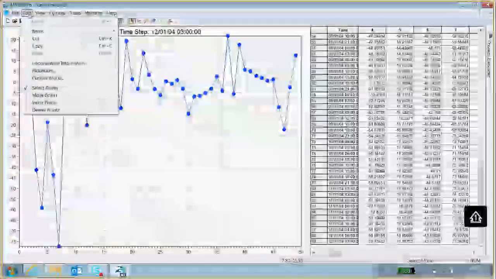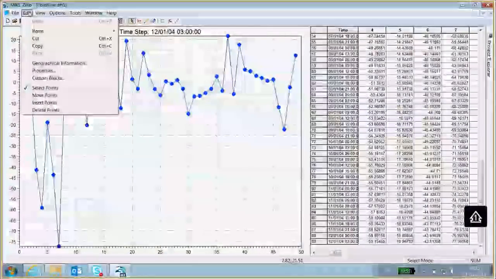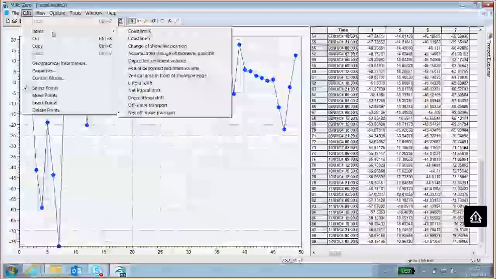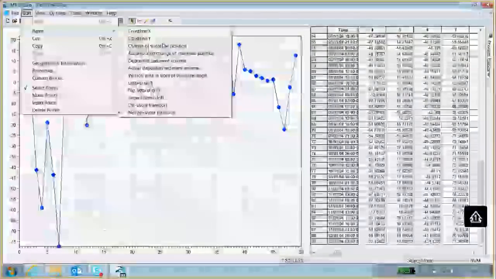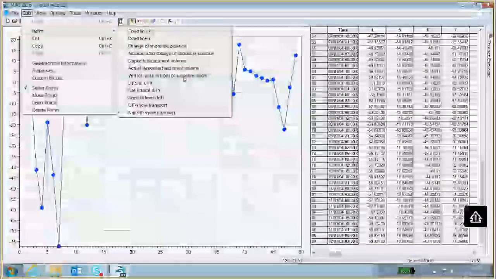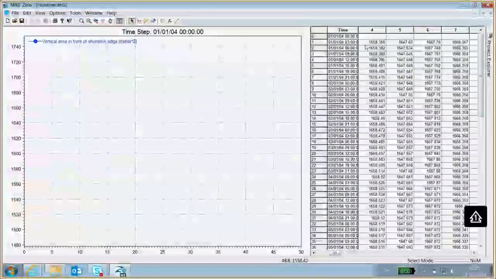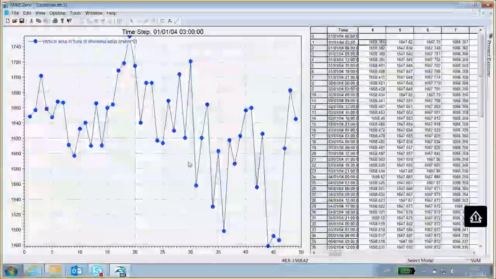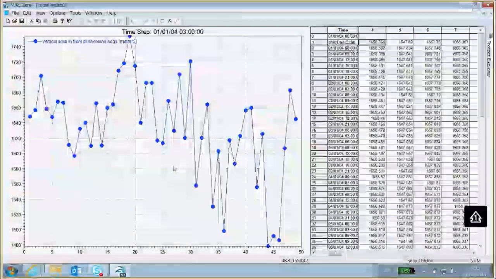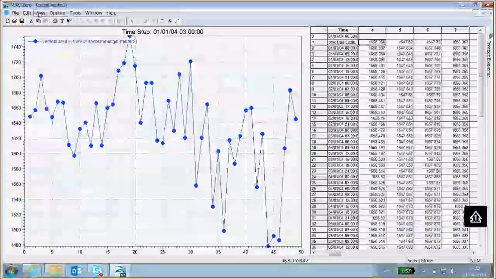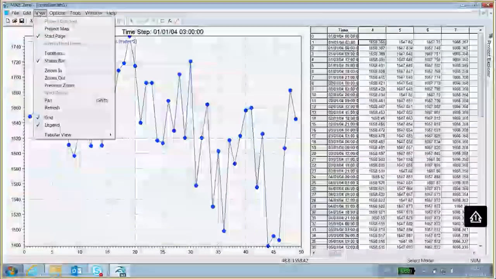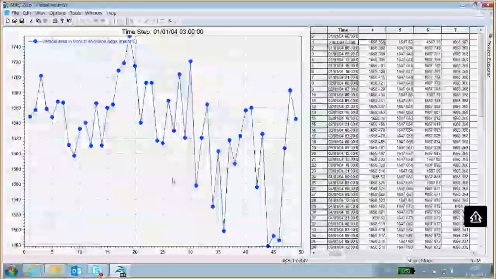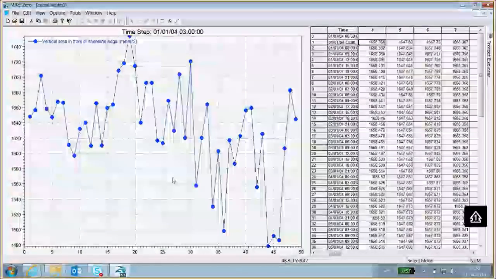So is that a large number or not? Well, that depends on the area over which this 75 cubic meters are distributed, and that area is called the vertical area in front of the shoreline edge. If we look at that area, you can see that it is between 1500 and 1700 square meters. So we have to relate the transport rate over the offshore boundary to this area, then we get a feel for how large a change in the shoreline position we are actually talking about.